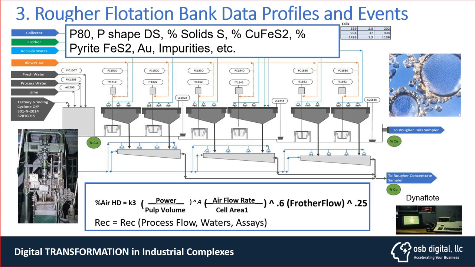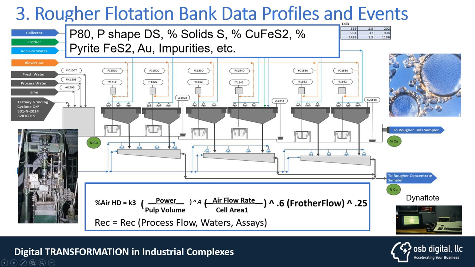This is a typical flotation bank in which we have the power, we have the air, we have the frother. Very importantly here is that we are using a hydrodynamic flotation model that really calculates or estimates the air holdup, which is a very important KPI for flotation, because the more bubbles you have at 1 millimeter, the more attachment you are going to have, so capturing as much copper and all the associated metals that will report to the concentrate, minimizing the losses in the tails.